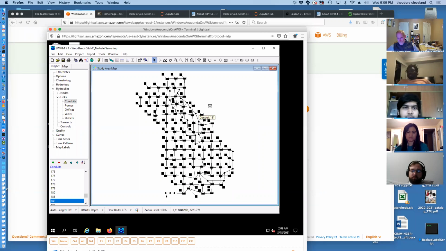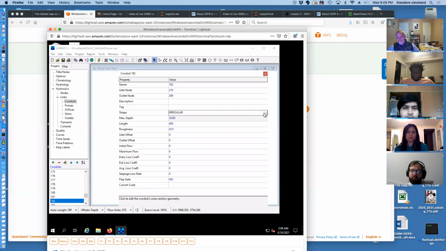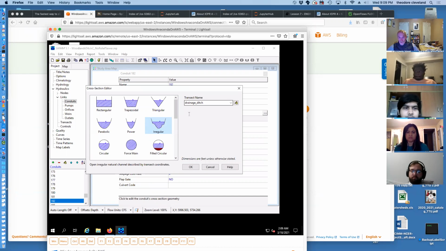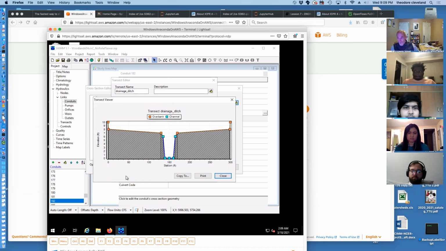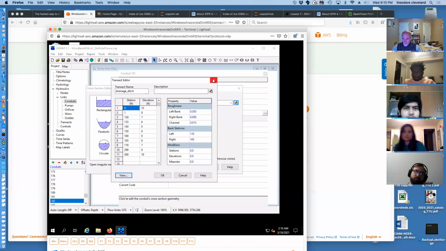picture, it's not obviously connecting any two storage elements, and it's called a drainage ditch. And if we examine the geometry of the drainage ditch, it has a very different geometry than our backyard section. Notice the drainage ditch is about 7 feet deep before it comes into an overbank section that looks anything like our overland flow. So when there's a drainage ditch, it's actually just what it says. That is a channelized cross section. And in that particular location that I selected,